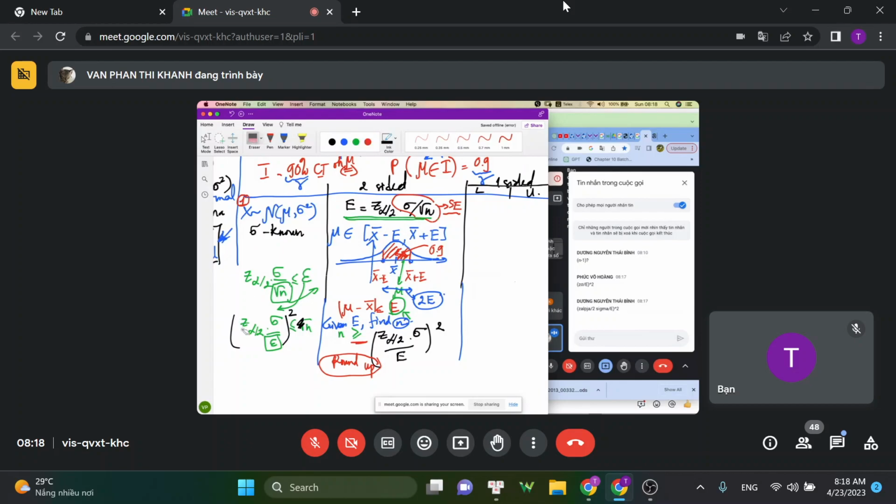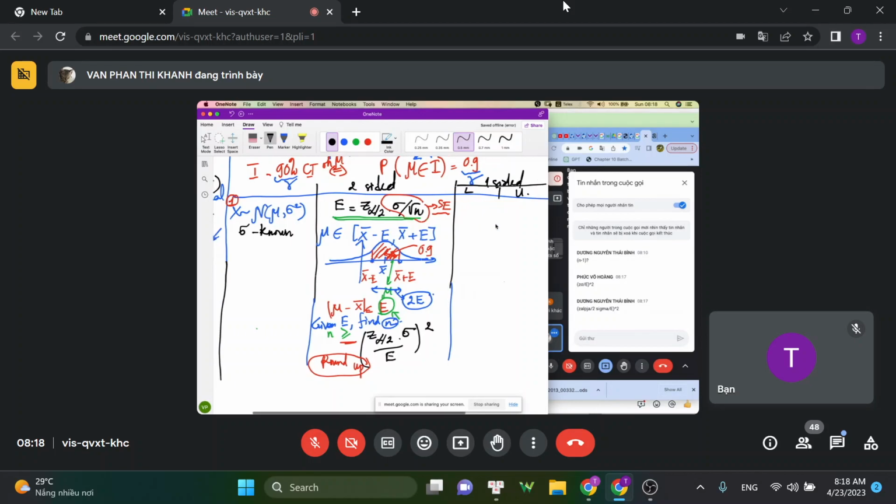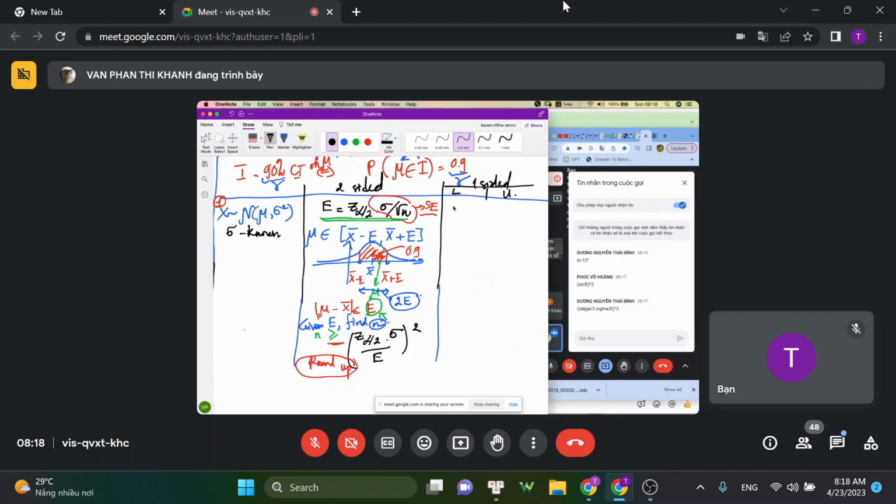So you have to round the number up because the sample size must be an integer. That's why you have to round it up. Okay, for a one-sided confidence interval, we have E here is Z alpha sigma over square root of n, and the